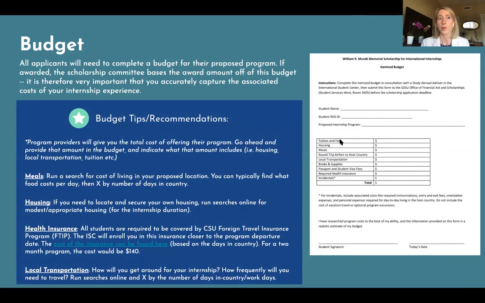Tuition and fees. If you're going to do an independent study, how many units are you taking? You can take as few as 1, you can do 2 or 3 or 4. Well, no, I guess you would do 3 or 6 or whatever is typical and in the catalog. But you need to list that here.